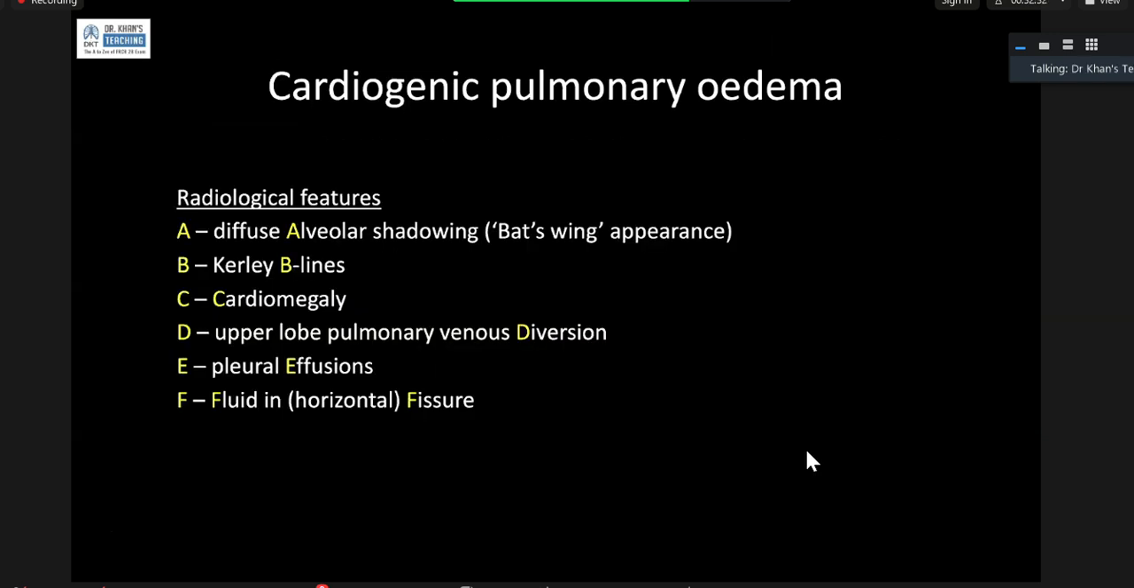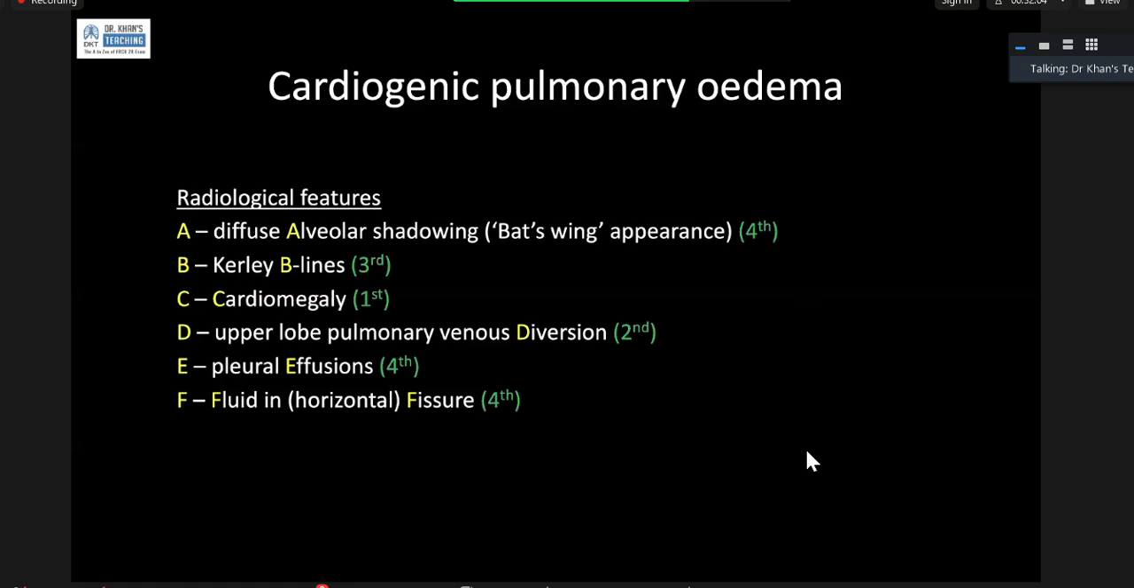So cardiogenic pulmonary edema will have certain radiological features which we call the A, B, C, D, E, and F. Diffuse alveolar shadowing, curly B lines, C for cardiomegaly, upper lobe pulmonary venous diversion, pleural effusions, fluid in fissure, right? Now, these have got a